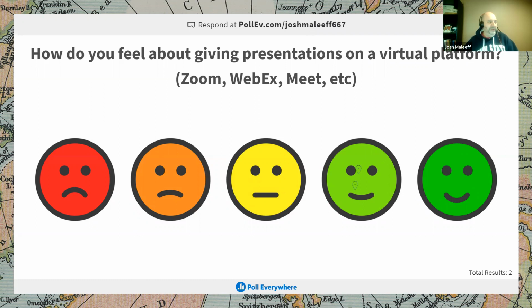Basically, click on the emoji that best matches your feelings around that. What you'll start to see is a couple of flags planting. So far everybody's on the same smiley face. It's a little green on green as it comes up on the screen, but I'm starting to see that it gives me a good idea of how you feel about it. And actually, it looks like people are largely very confident, which is good.